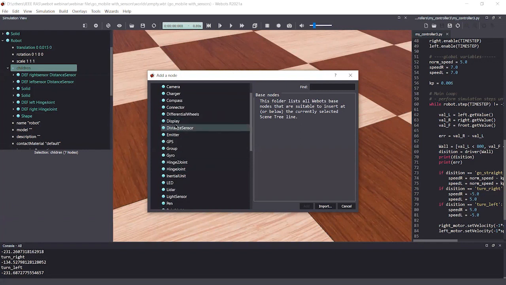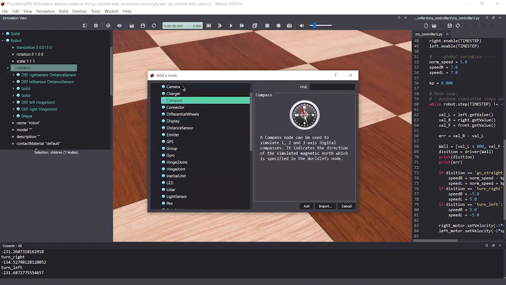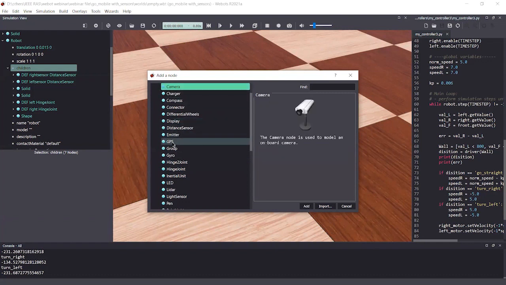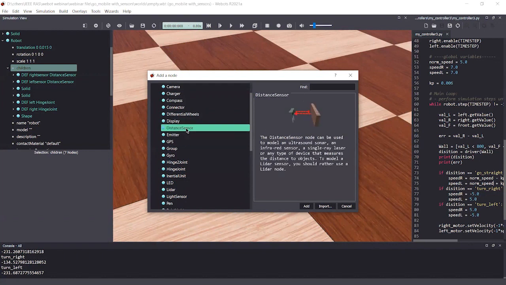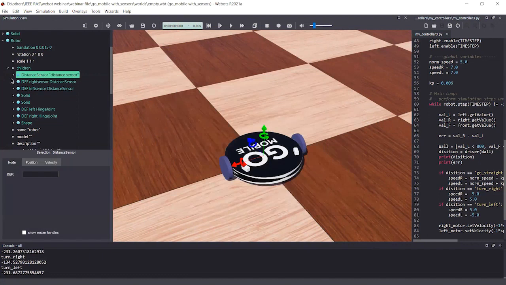You can see here we have displays, compass, and cameras, anything you want, GPS sensors as well. Today I'm going to use this distance sensor. So now we have a distance sensor. Let us name it front sensor. Since this is not a definition, I am going to use